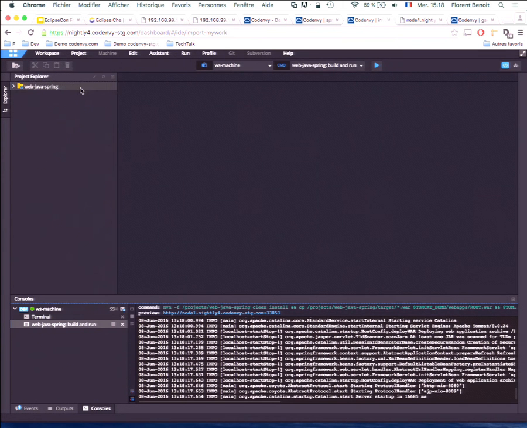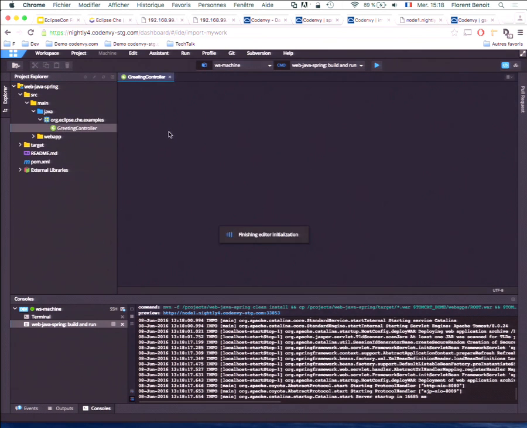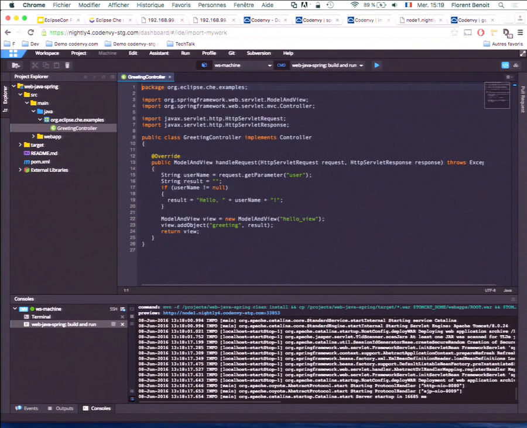So one of the things is that with the workspace, we store the configuration of all its settings. So it has all the information about the project, the runtimes as well, and the Docker containers, of course. And once we have that, we are able to share it. We can share it just with a file, or we can also export it on another version of Che running on the cloud.